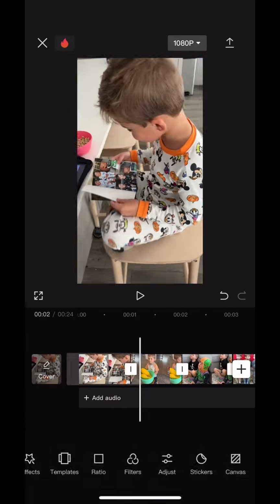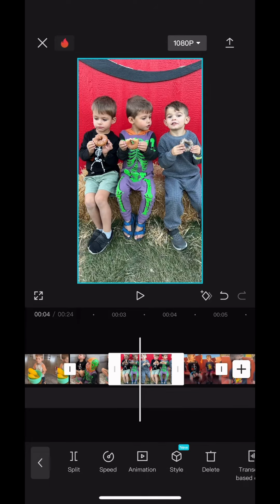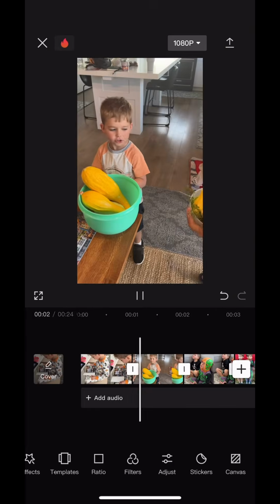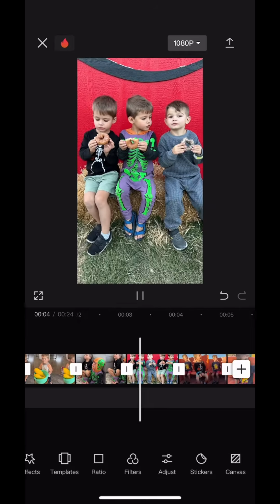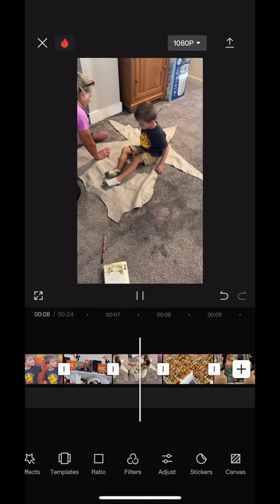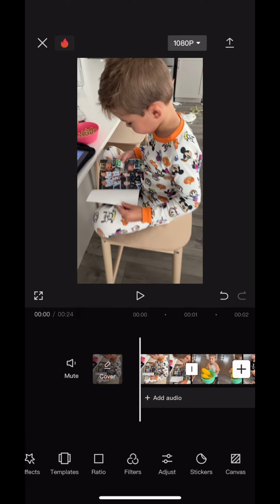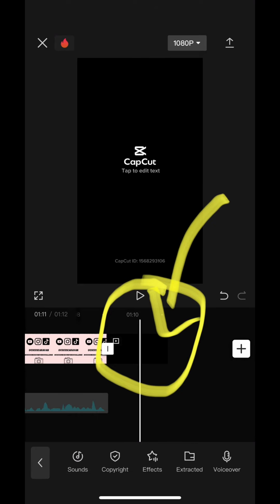Okay, I just finished shortening all the videos to 1 second long so you can see how each day I have a video and it's 1 second. You can preview your video by pressing play. This is where you can also add music here in the app, or you can download this and add music in Instagram later. If you don't want the CapCut watermark at the end of your video, just select that black square at the very end